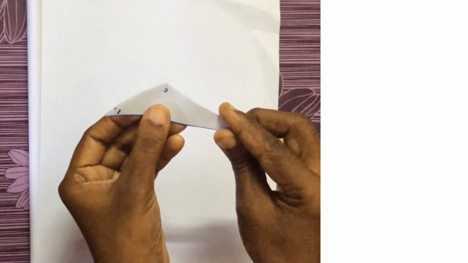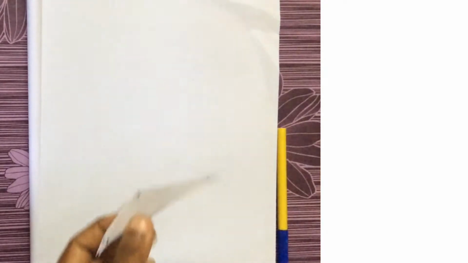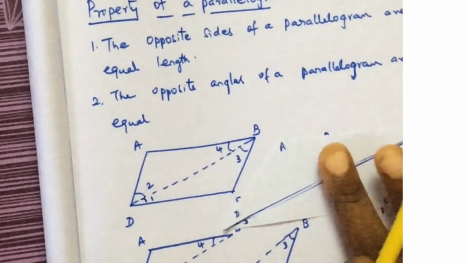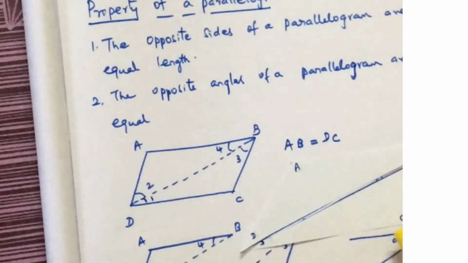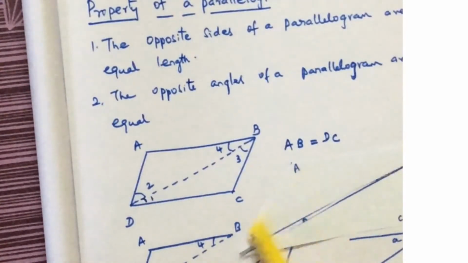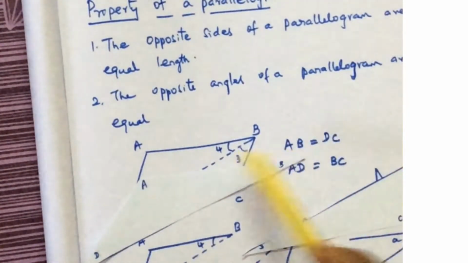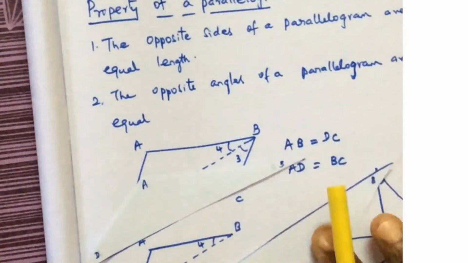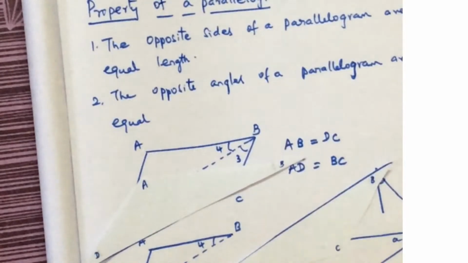Okay, the same thing you are going to write down now. Now you can see here ABCD is a parallelogram. Similar to this, you can see ABCD is a parallelogram. Now here I have cut into two triangles. One is BAD, which is here. Another triangle is BCD. BCD is there. I cut into two triangles.